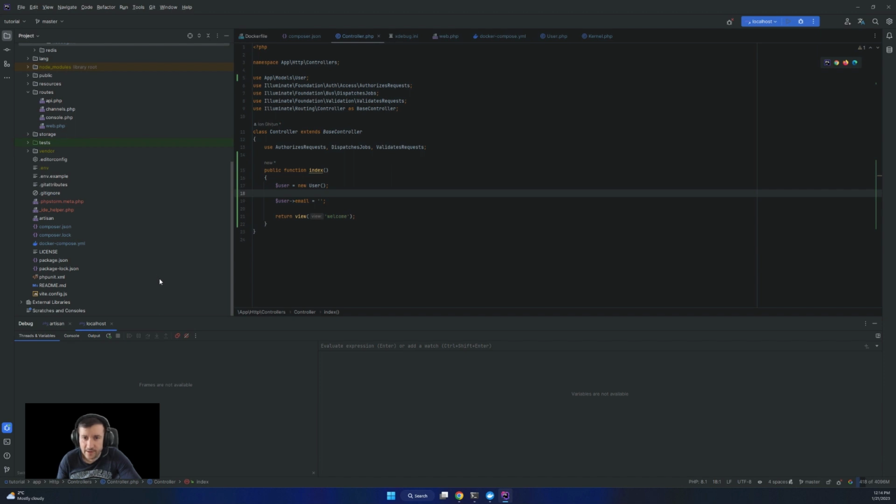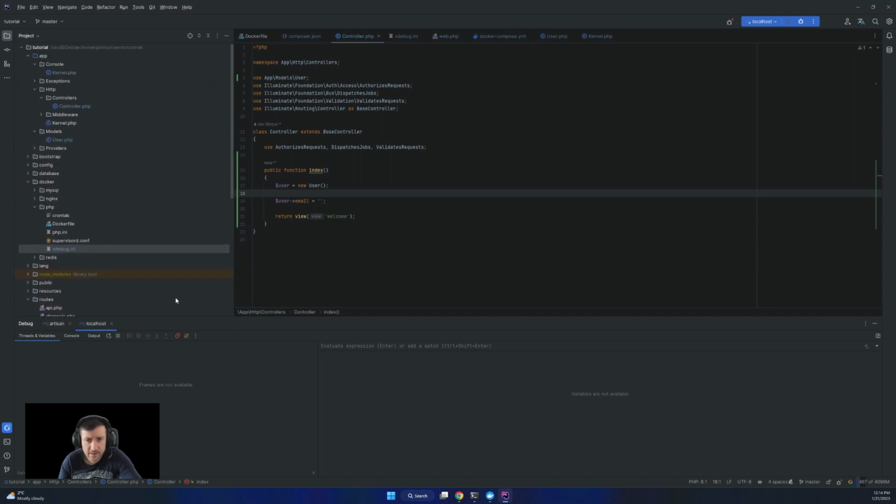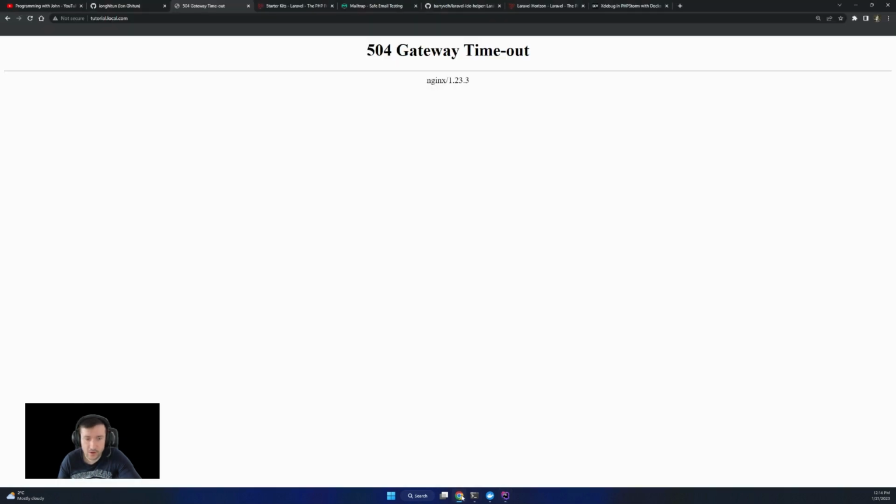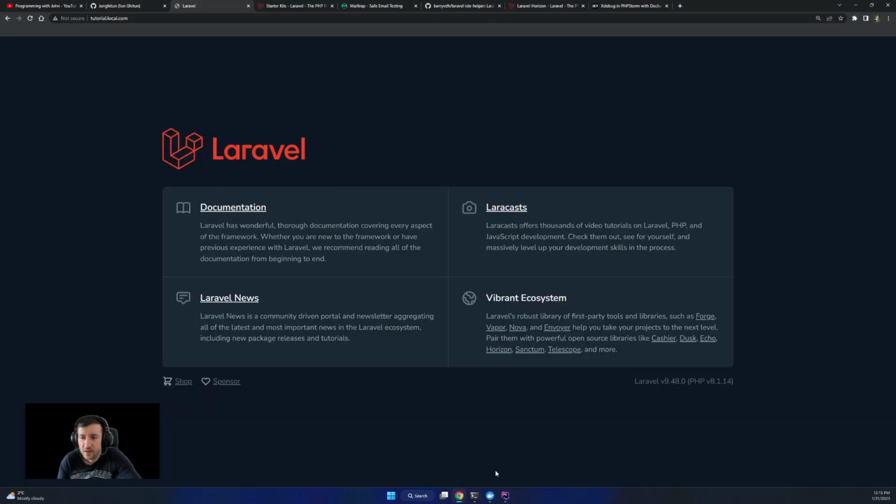Okay, so that will be the initial configuration for our controller, our Laravel application, our Laravel tutorial.